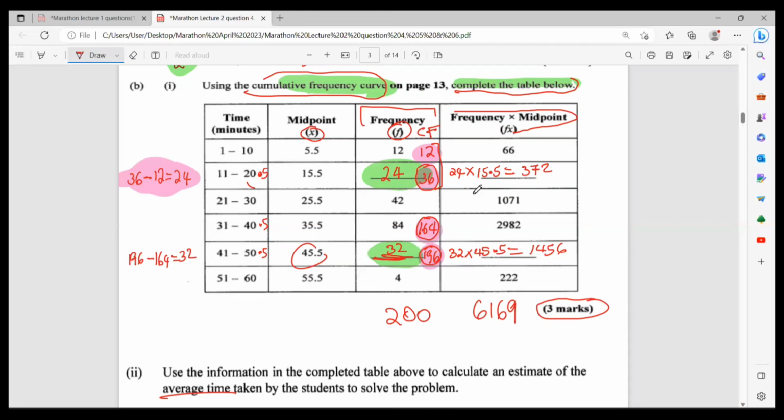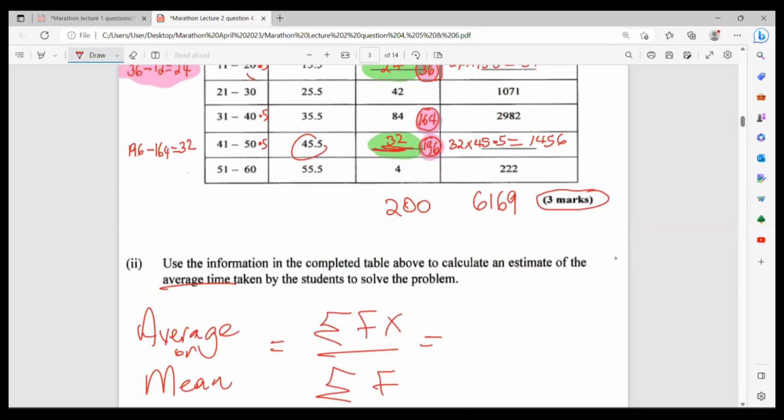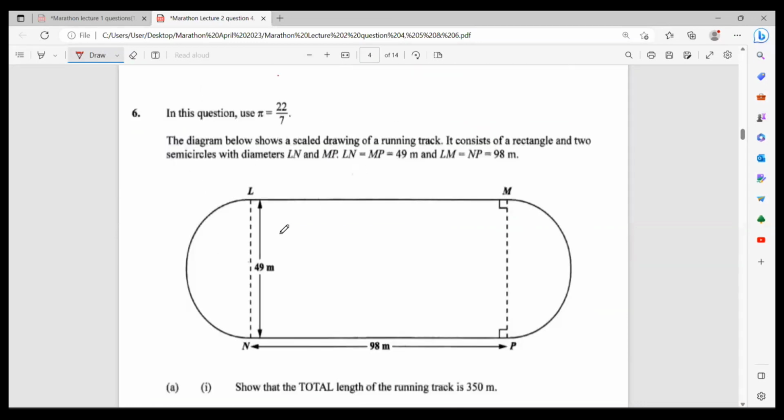6169. Yes, sir. All right. Finally now, 6169 divided by 200. I'm getting 30.8. I'll stop at 8. So we're looking at